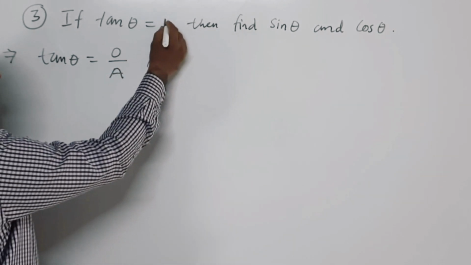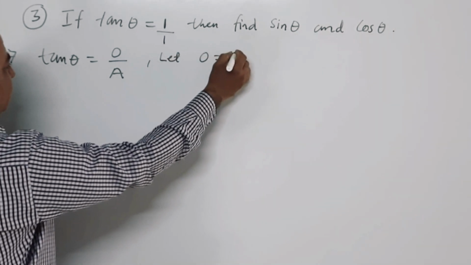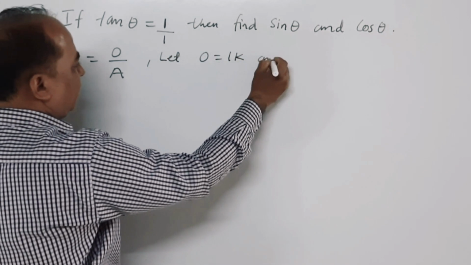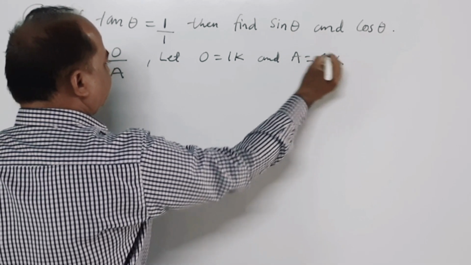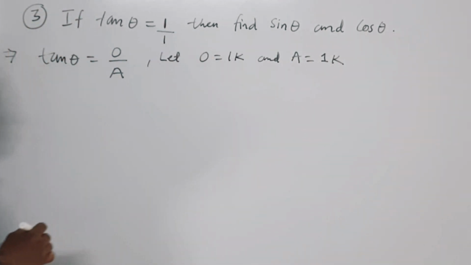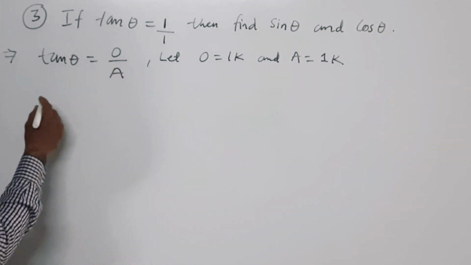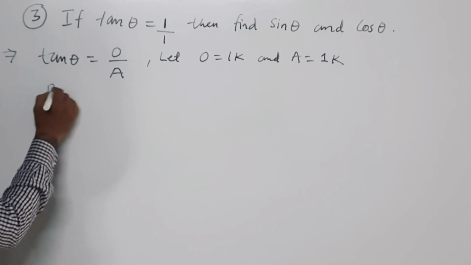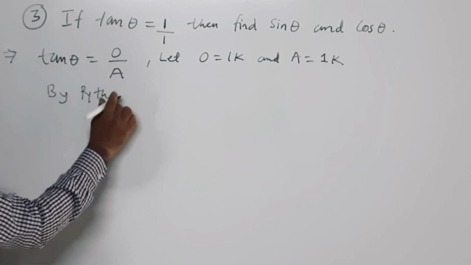So let opposite side be 1k and adjacent side be 1k. Both adjacent and opposite are 1. So in a right angle triangle, by Pythagoras